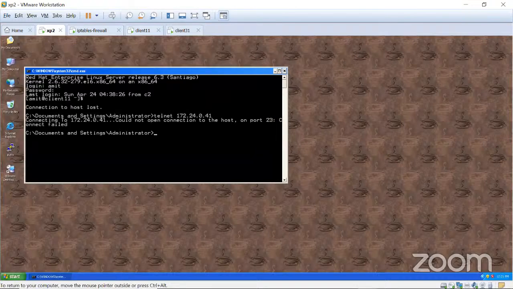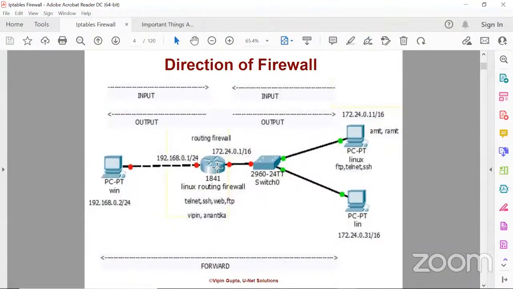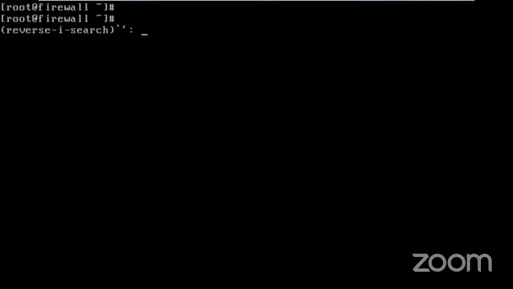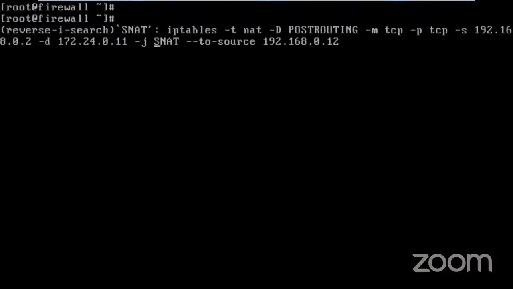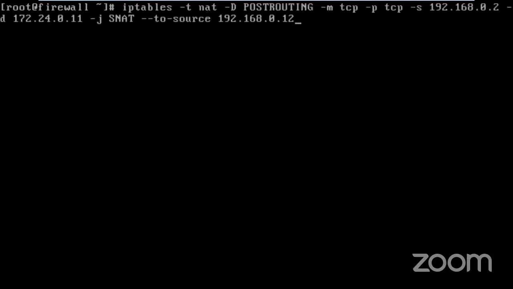The problem is again, what is happening? The traffic is crossing from this system. So when the traffic is crossing from this system, we can perform SNAT. That means when the traffic is going to enter and when it is going to reach, we are going to change the address from 2 to 12. Now, how am I going to write this rule? This is the last rule that I am going to write. So I will write one SNAT rule. Let me write the rule.